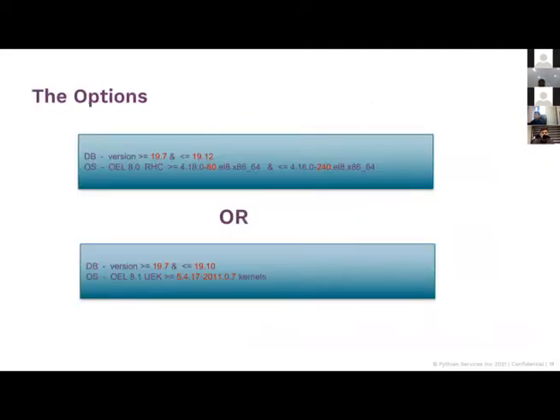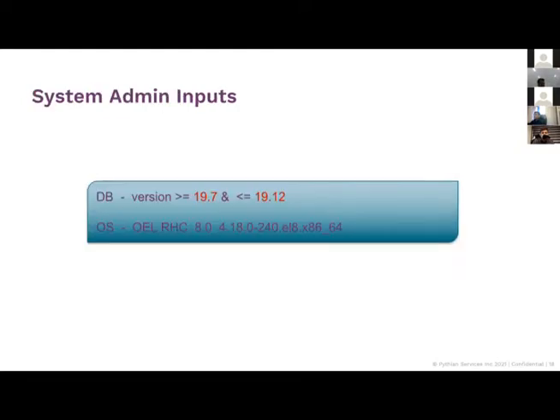These are the two options that we had finally filtered it down to. You can be on any version between 19.7 to 19.12 if you are on a Red Hat Compatible Linux. But if you want to go on UEK, Unbreakable Enterprise Kernel, the options are limited to 19.10. Those are the certified versions. Now, how do you decide this? You probably want your system admin's input. Again, we were talking about standardization earlier, so you want to take their input. Let's say we took our input from our sysadmin and they say that we want to go with RHC. That's what our enterprise is subscribed to.